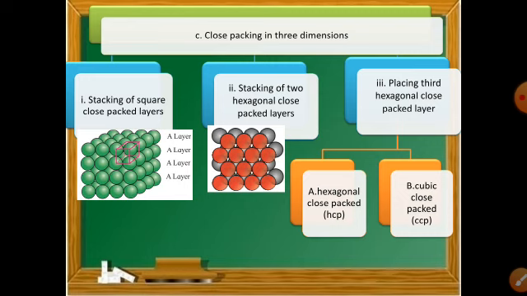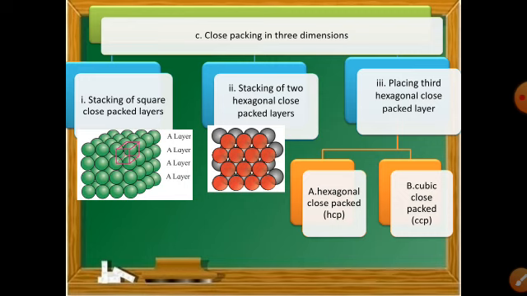So between these 4, that is the 3 from the bottom layer, the black spheres, and one from the upper layer, the red sphere, there is some empty space, or void, that is called a